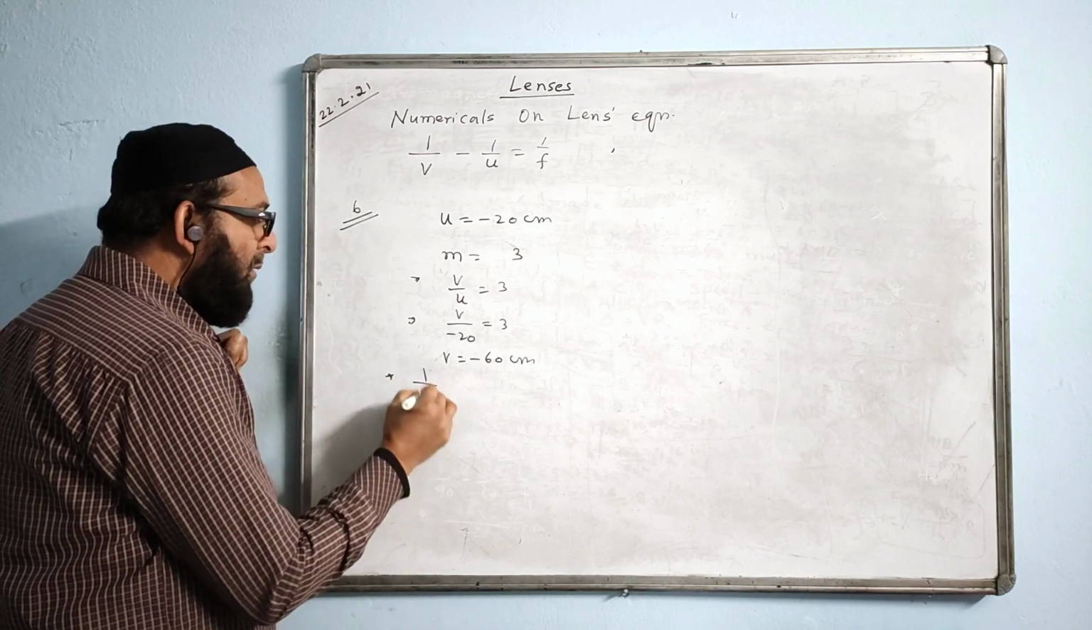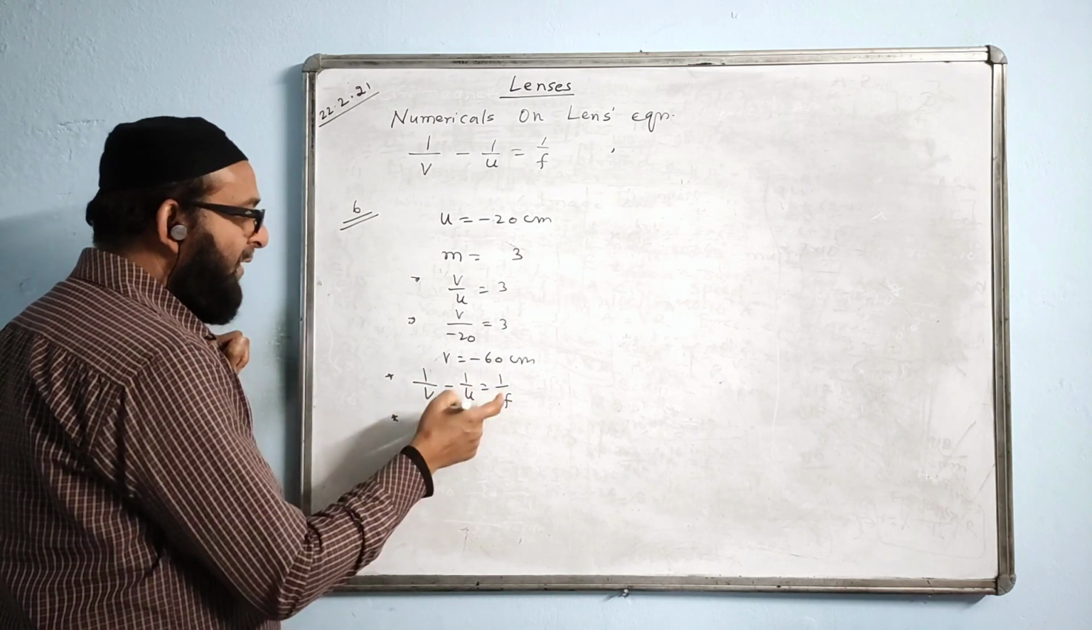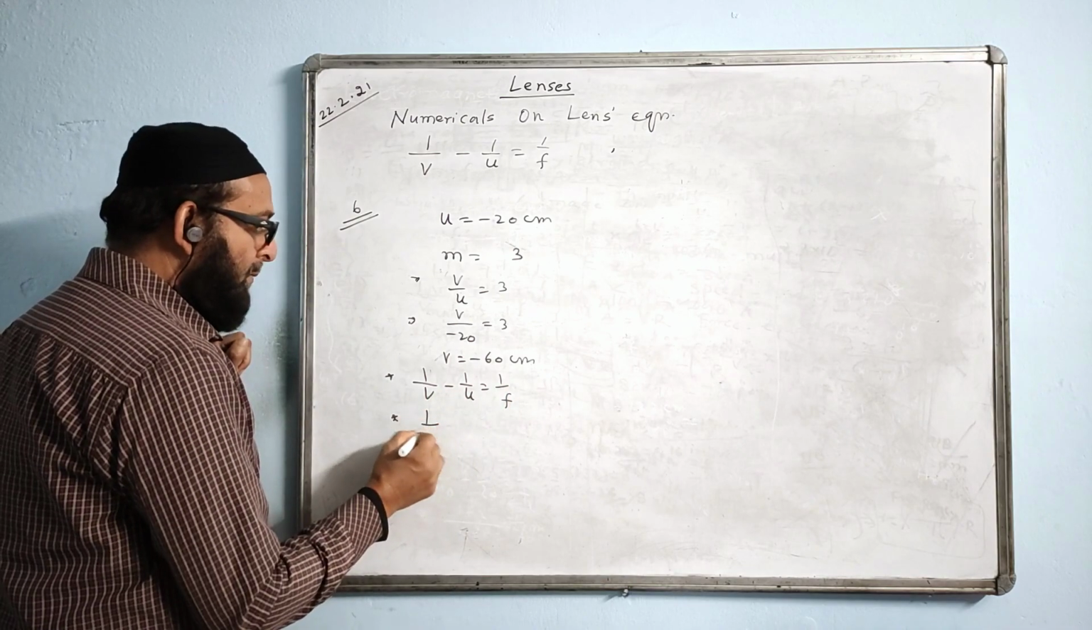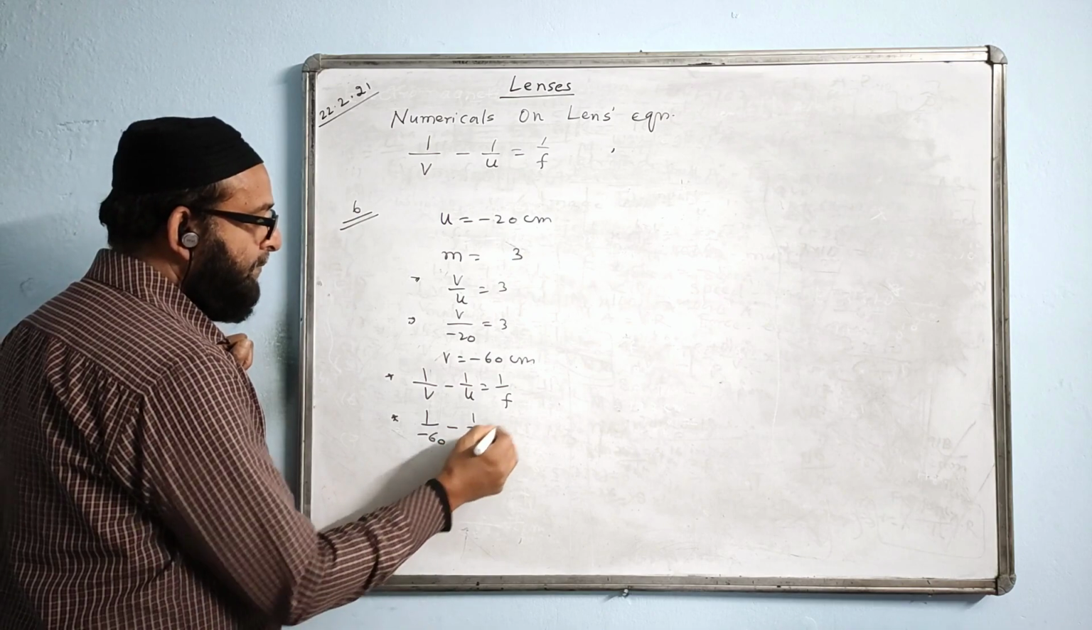Now I use the formula 1 by v minus 1 by u is equal to 1 by f, and I will find value of f. Minus 60 minus u, the value of u is